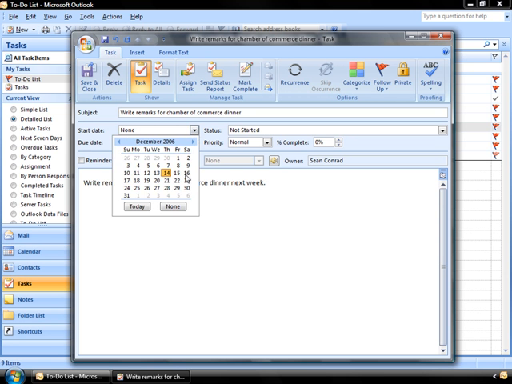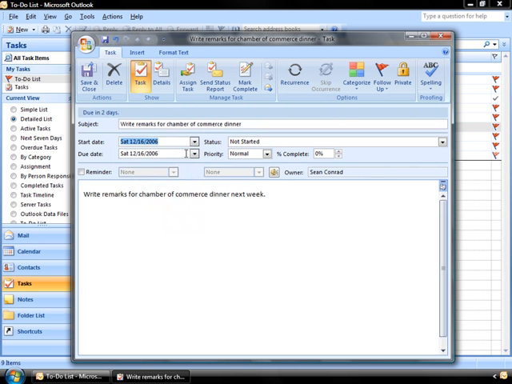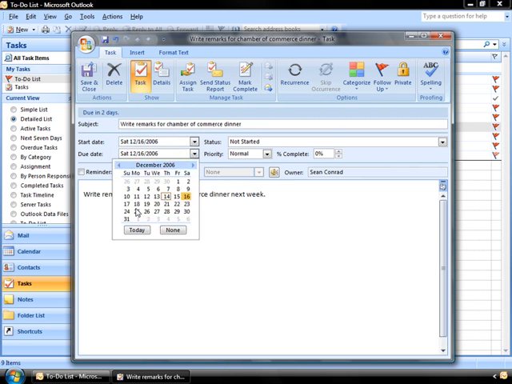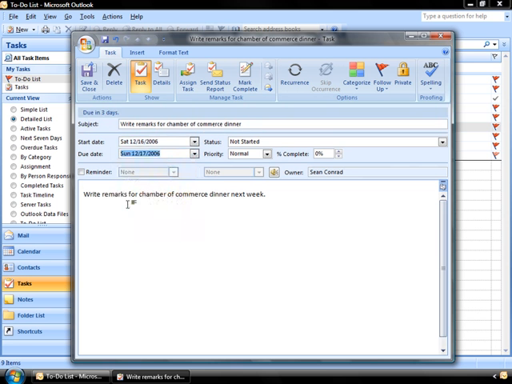I think I'm going to do these over the weekend. So I'll set the start date as Saturday, and I really need to have it done by Sunday because it's in the middle of the week in the evening, and I won't have any other time, I don't think. I can also set the status of it. And actually, I've started it a little bit, and I could set the status here, or I could just set